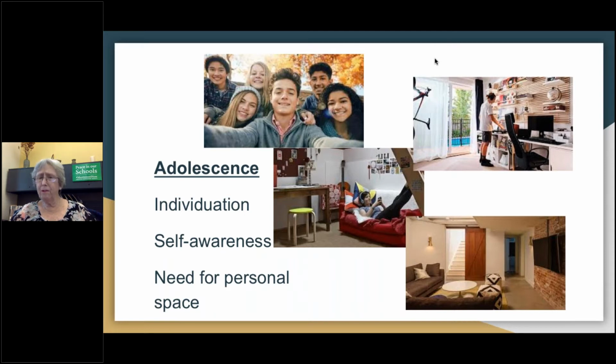And then the last one that I put is down below on the right. This family had enough space that there could be a separate room for friends to come over and enjoy. Some parents think that it's a great idea. They'd rather have their children and their friends at their house where they know what's happening than off someplace where they maybe don't know the parents of another child, or the values, or what the children are up to. So if you feel that way, and it's not a bad way, then you might want to create some kind of space in your home where the teenagers can feel